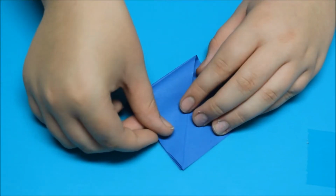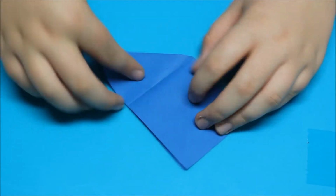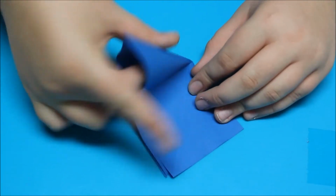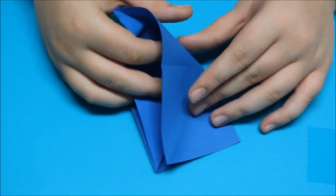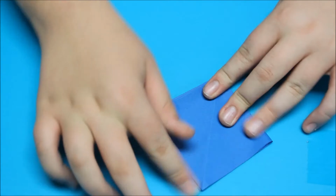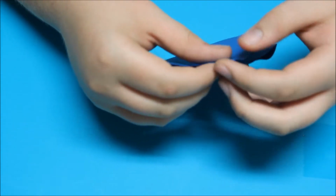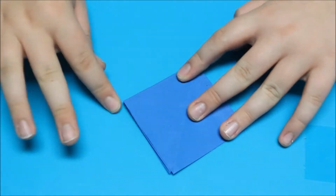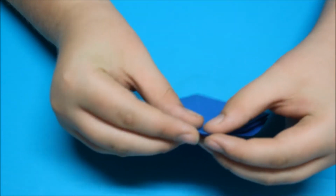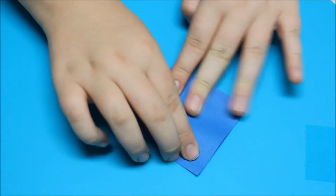Fold it down. Open it up. Open it up like that. Okay, and then squash it down. Okay, now,